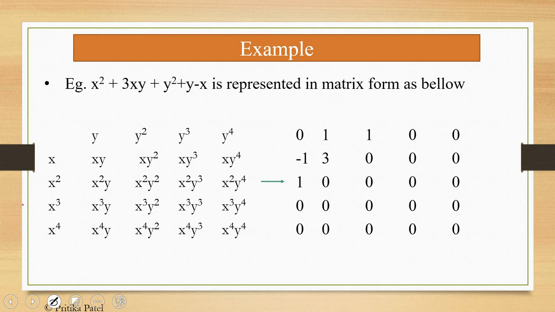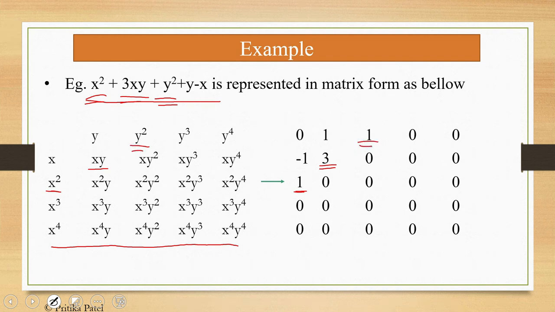Now here is another example of matrix representation of a polynomial equation. The equation is x square plus 3xy plus y square plus y minus x. The matrix representation is given over here. Now first one is x square. So where is x square? X square is here. So 1 is written over here. Then plus 3xy. So where is xy? Here xy is there. So 3 is written over here. Now next is plus y square. So where is y square? Here y square is there. So 1 is